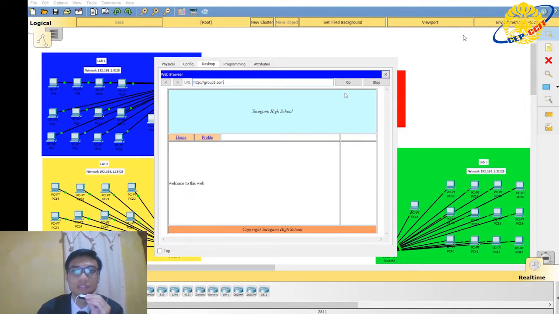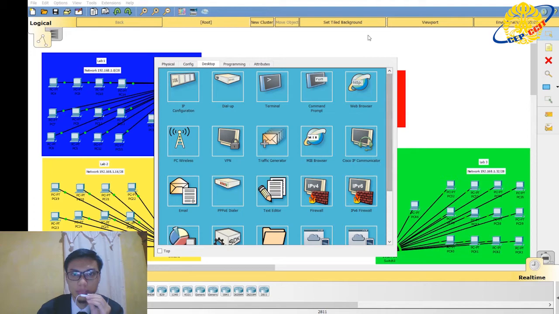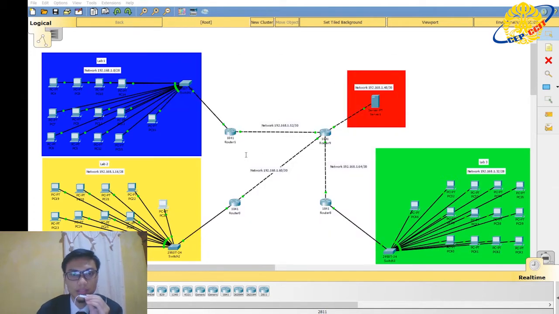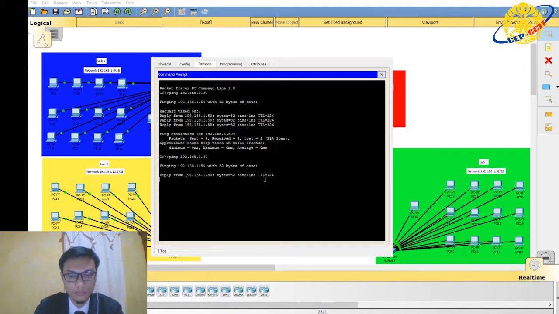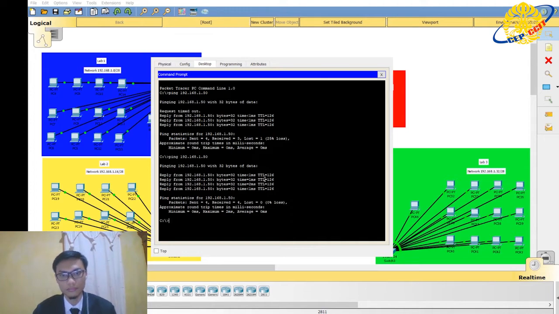And next from the other lab, by running the same thing, running a ping test and accessing the web server. Okay, you can see the same thing like before. There is no packet loss. And next, accessing the web server.